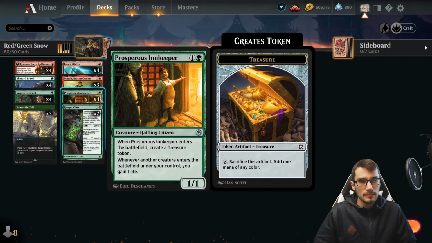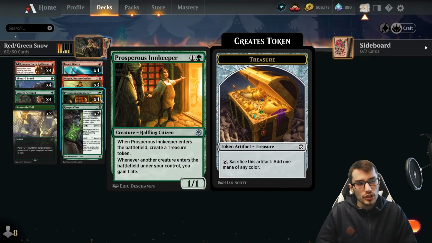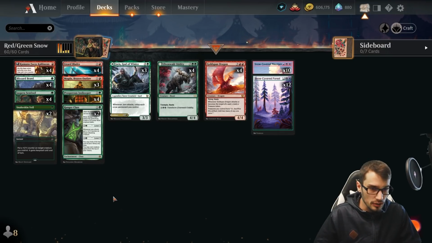We also have the Prosperous Innkeeper as a 1/1. Whenever it enters play, create a treasure token, and whenever another creature enters the battlefield under your control, you'll gain 1 life, which is really nice, right? So a little bit of consistency, a little bit of ramp, and where this gets really weird, right, is